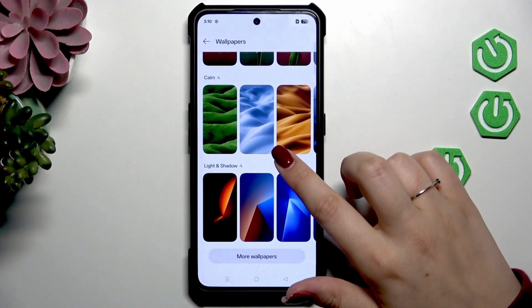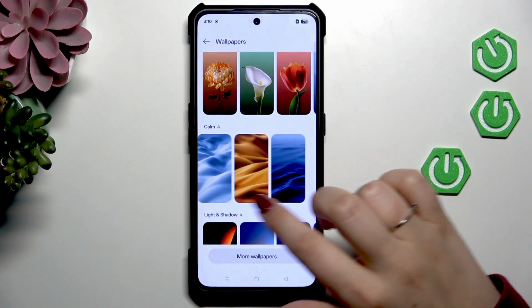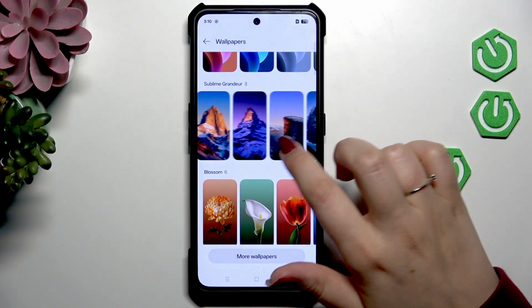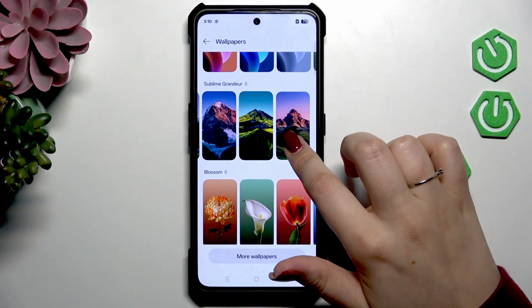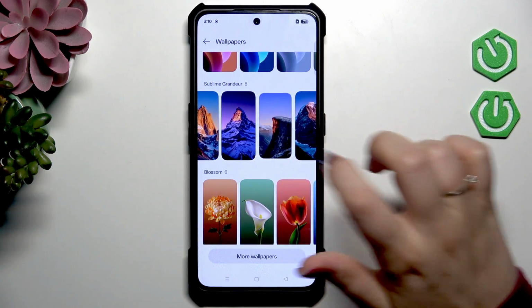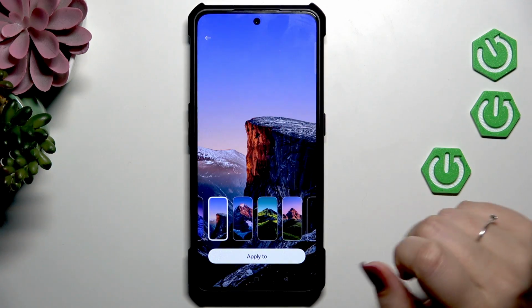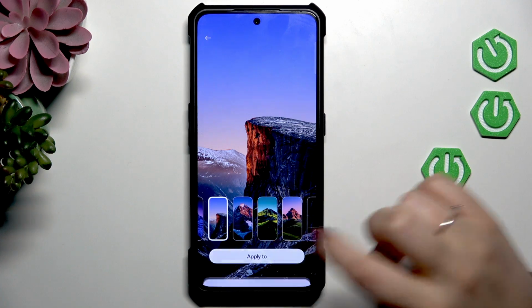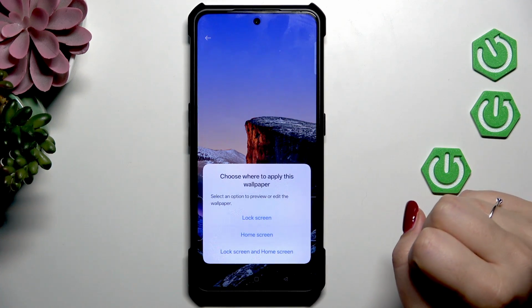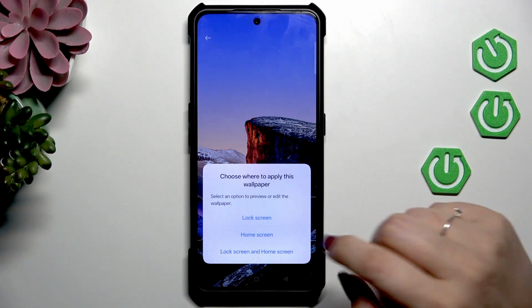So in order to change the wallpaper, you have to simply find the wallpaper which you'd like to apply and tap on it. So let me choose maybe this one. It will immediately appear on the full screen, and let's tap on apply to. Now you can decide where you want to set it, so as a lock screen, home screen, or both,